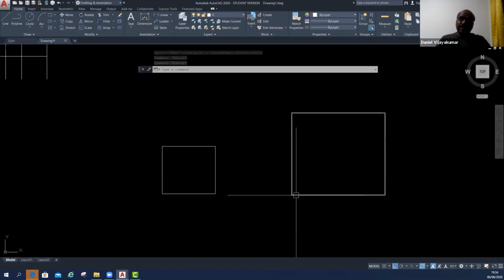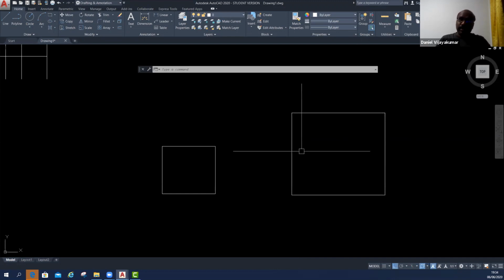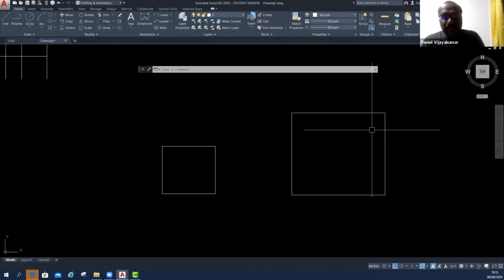Actually, I'm not using the line command to draw the column. I'm using the other command. Nobody asked me how you can make the square within one line, one command. But still I'm doing it while you are watching my teaching. Nobody asked me because you never try it. You have to try, then only will you get the question.